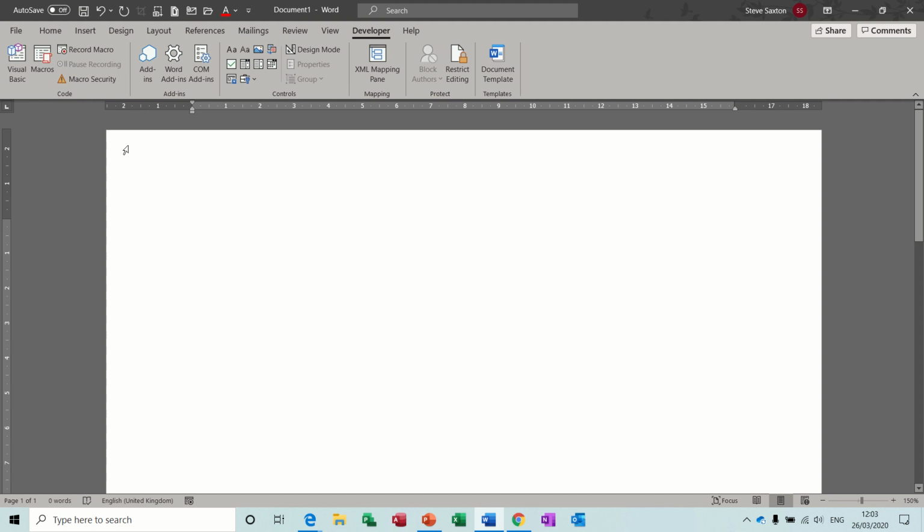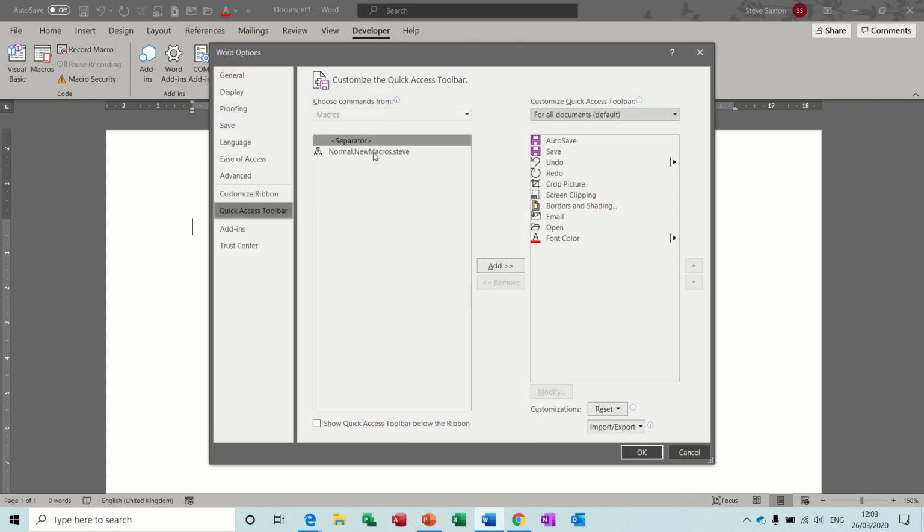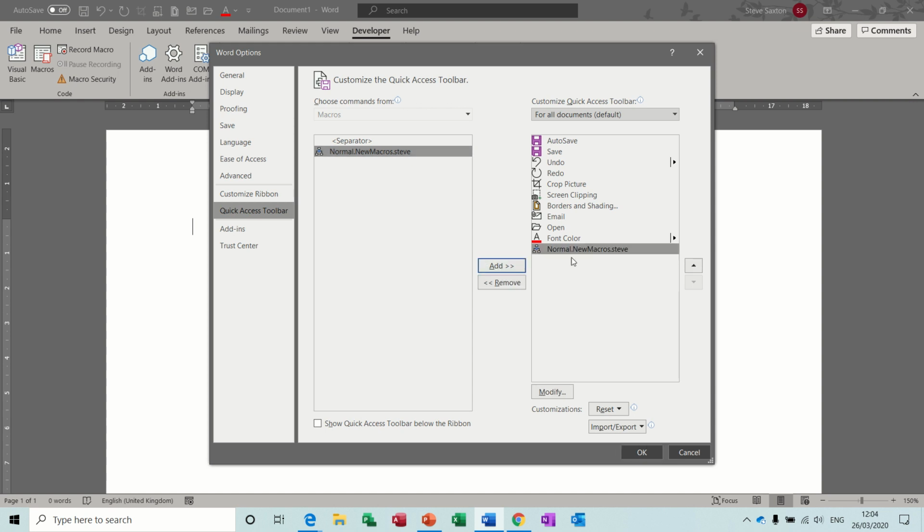So first of all, I'm going to record a macro as opposed to typing the code. It asks you to name the macro, so I'm just going to name this my name, and then you've got 2 options here: a button on the quick access toolbar and one on the keyboard. You could also put the button on your tab if you've got your tab active. So I'm going to just click this option,